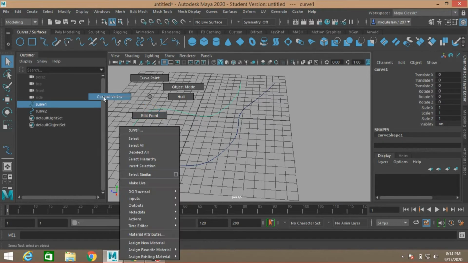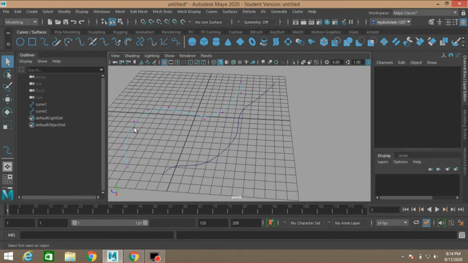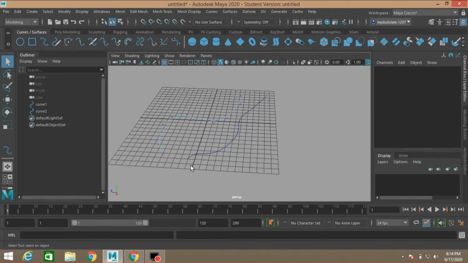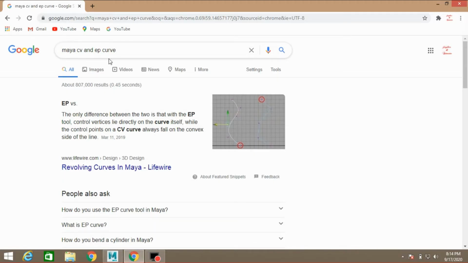But for this CV curve, all the vertices are situated outside of the curve line on the convex side. See, if you search on Google the difference between CV curve and EP curve, this will show this.